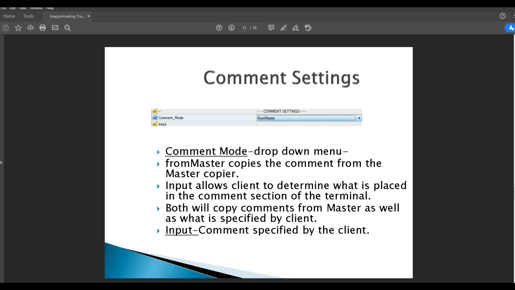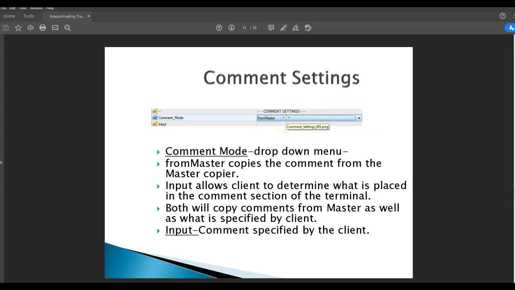I can't show you because I don't have any trades to show you, but you can have it set in the comments column. If you have your comments column showing and you have from master here, it will show whatever comes through the master